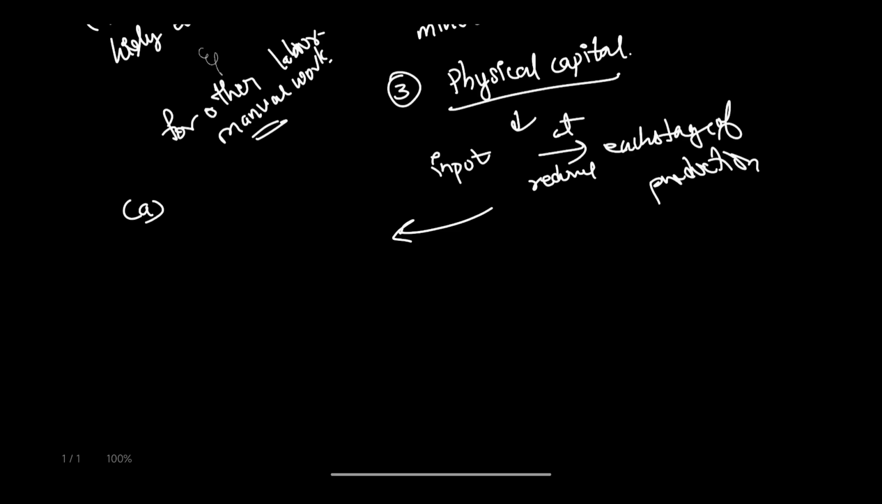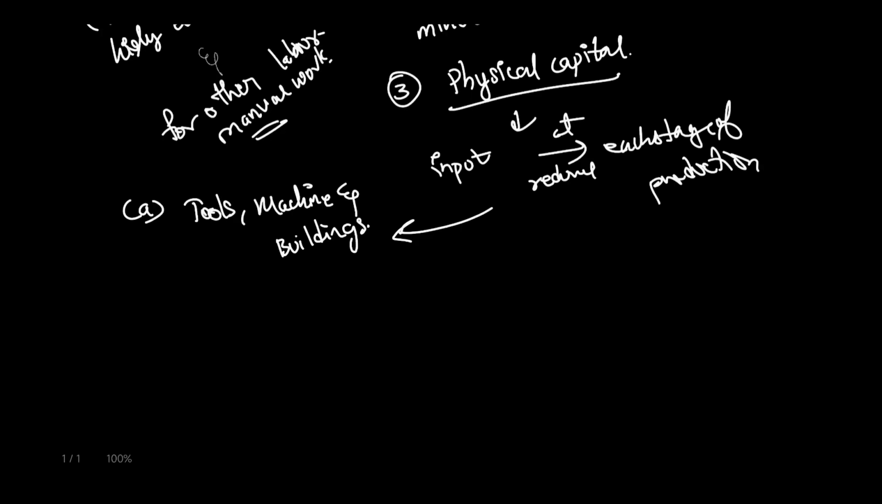So the first thing we might need is tools, machines and buildings. So the tools, machines and buildings can be used in production over many years. So you just buy them once and you can use them for a decade or two, as long as they last. So that is the reason why we call these tools, machines and buildings as fixed capital. Okay, and in the same physical capital,